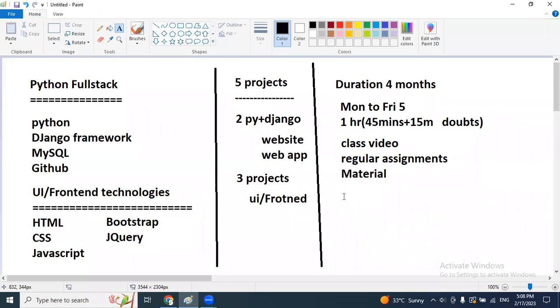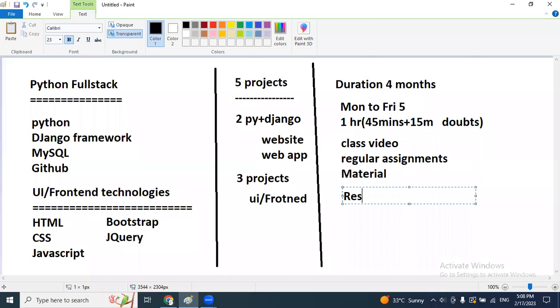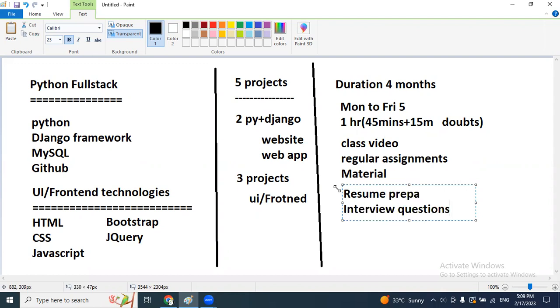After completion of our course, first of all, we are going to focus on your resume preparation. Based on your previous experience or your educational qualifications, we are going to prepare your resume. Along with this, we'll provide a few important questions module wise, Python interview questions, Django interview questions. Like this, module wise, we'll share interview questions, and monthly twice mock interviews will be there. Compulsorily we have to attend